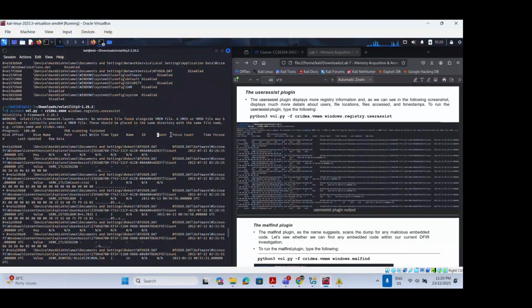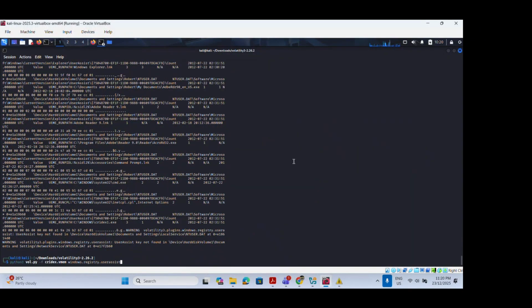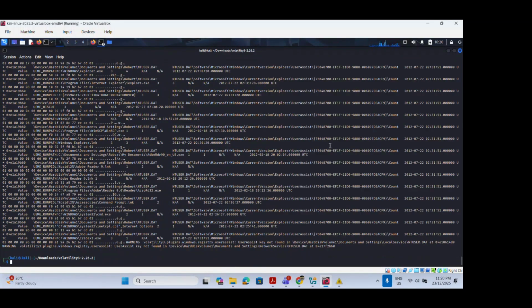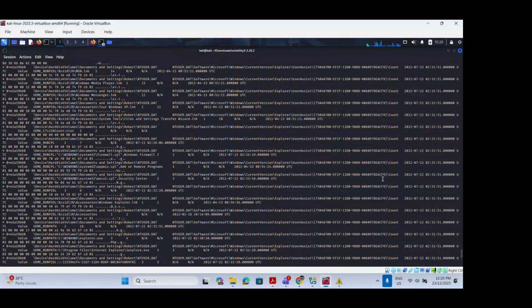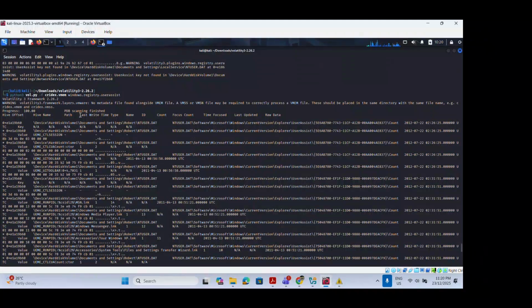The ID count, focus count, time focused. Because we can't see fully, maybe you can run it in full screen. Okay. I still cannot get the full info, full window. It's okay. At least we know here last written,